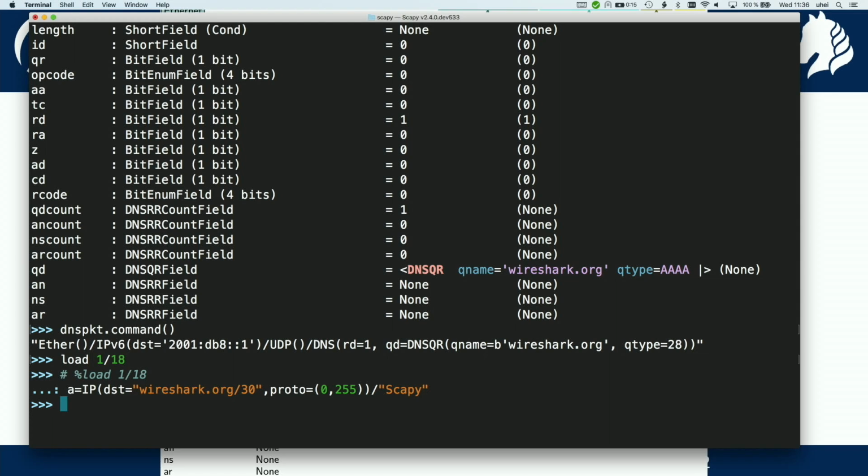net mask. So Scapy resolves the name, so in this case, Wireshark's IP address, whatever it is, I don't know what it is at the moment, and uses this IP address and puts the mask /30 on it. So it should be 4 destination IPs. And the proto is a range, so we then have 4 times 255 packets, specified with one command. And when we want to see how it would look, we can call Wireshark A,